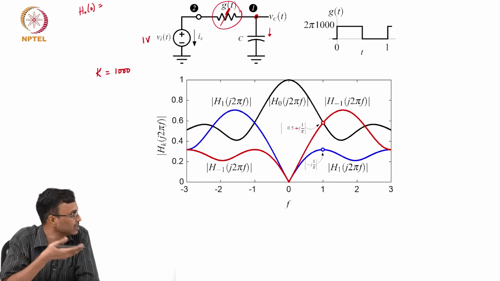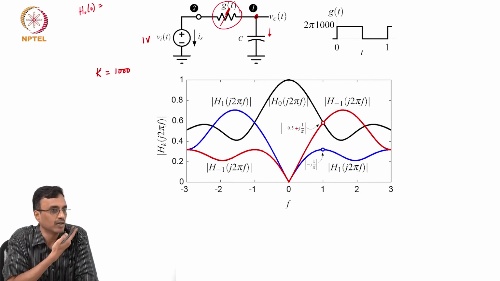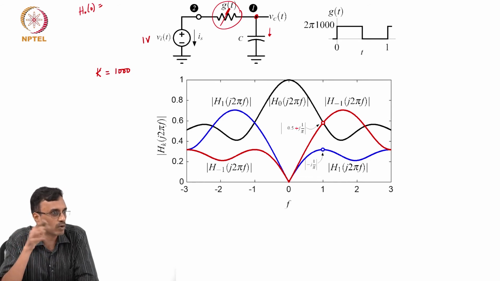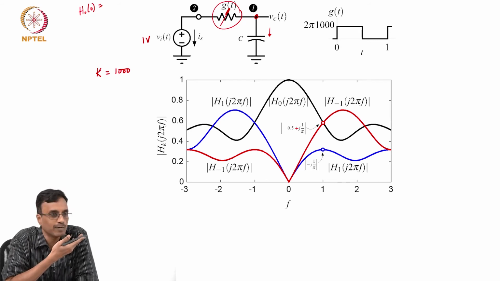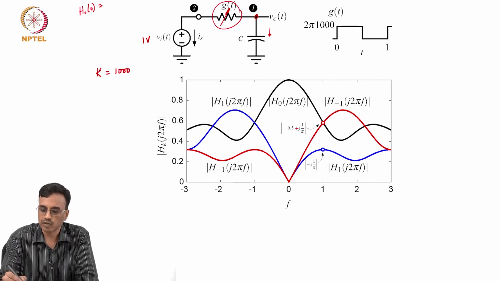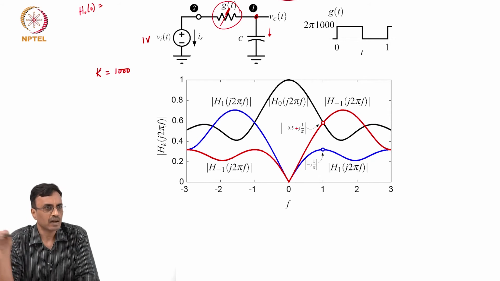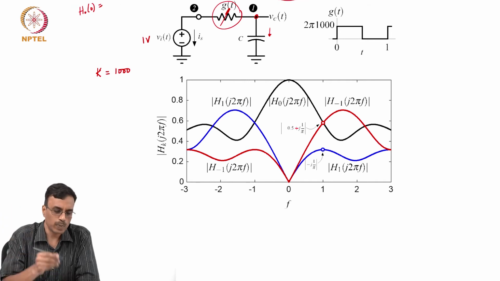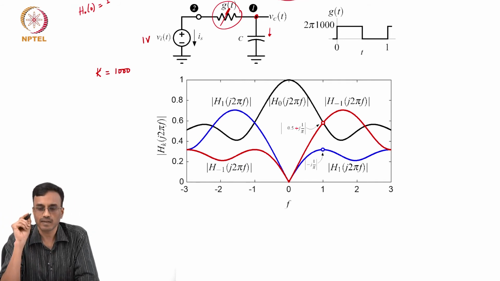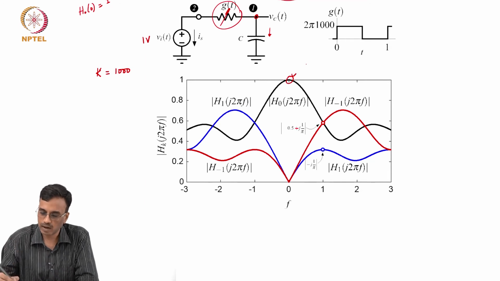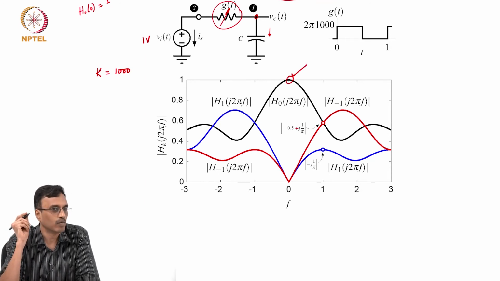It's a hunch, right? Technically speaking, you have to go and put f equal to 0 in that set of equations and then solve it. But in this case with DC, it is straightforward enough that we know what to do. So if you put in 1 volt DC, the output is going to be simply a DC of 1 volt. So what comment can you make about H0 of 0? It should be 1. Does it make sense? Right? That's something that fortunately works out when you solve the equations also, that confirms our intuition, right?